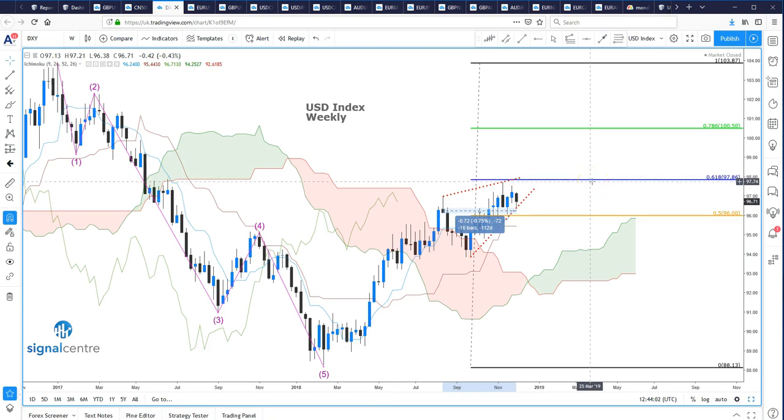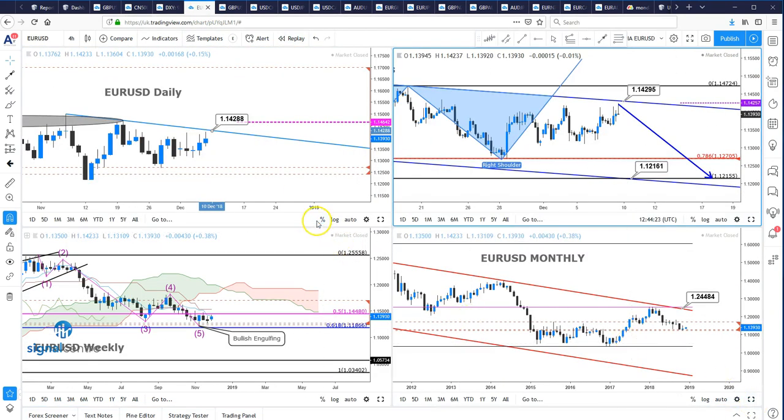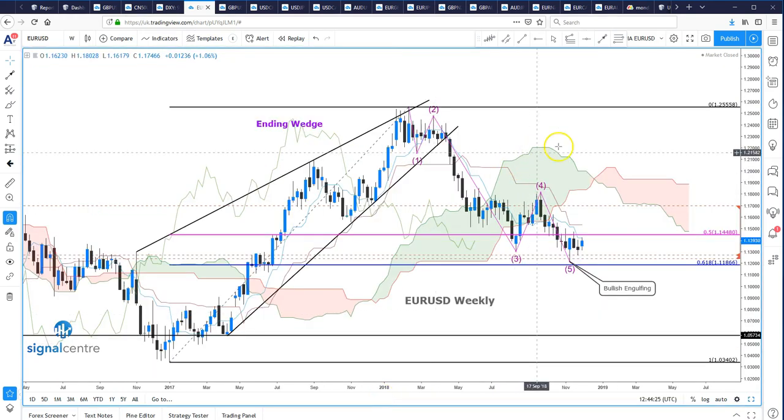So we're expecting the upside to be limited next week. But the immediate bias is probably to buy into dollar dips, but that's only on an intraday basis. And we're looking for this dollar strength to peter out once we get towards that sort of 98 figure area. So reflecting that back onto the FX majors, I'm just going to break down time frames first,